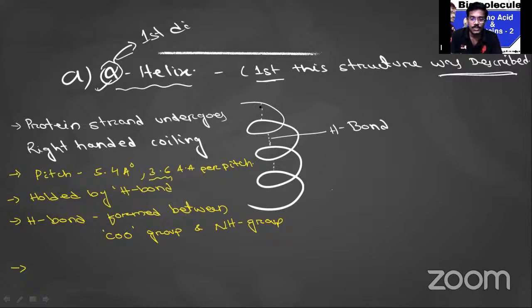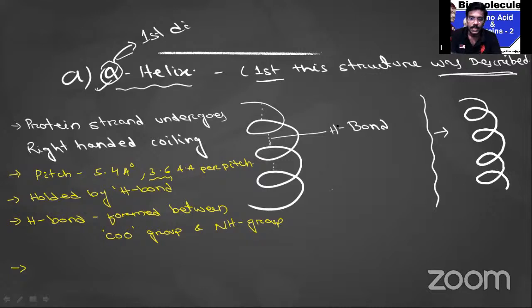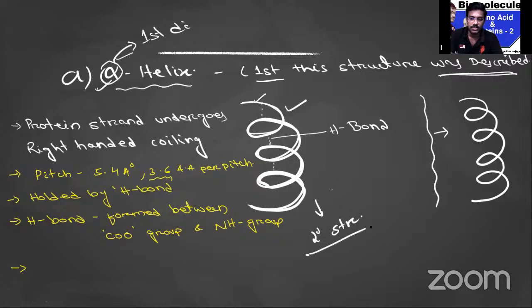Okay. So when we see the alpha helix structure, this is the primary structure of the protein, and this primary structure undergoes coiling, undergoes foldings. So this is the secondary structure where it undergoes coiling, and it's just looking like DNA. But in DNA there is a double strand, whereas in the case of protein there is a single strand. That single strand undergoes this kind of coiling, and after that coiling, the structure which is formed here is the secondary structure of the protein.